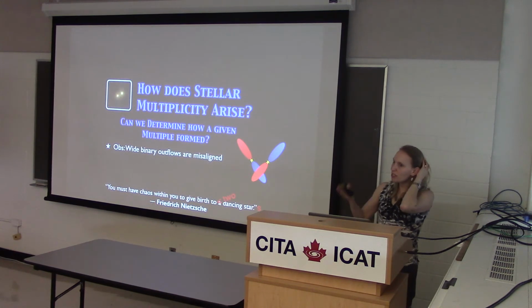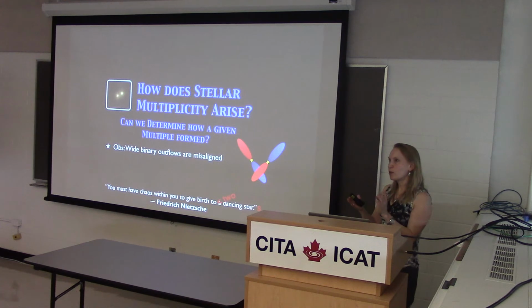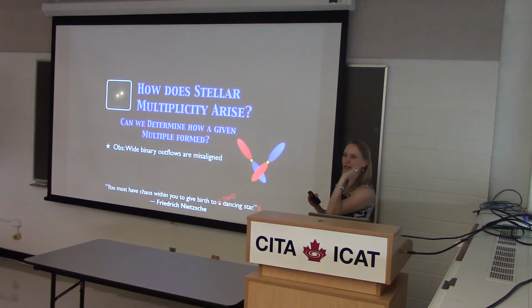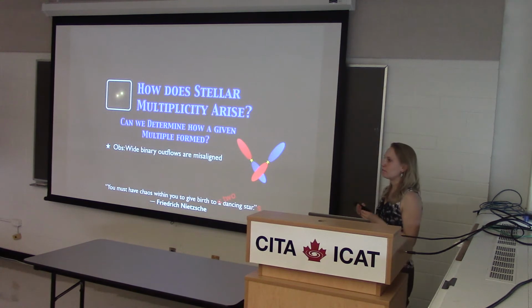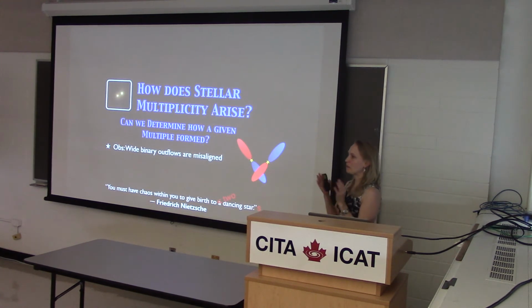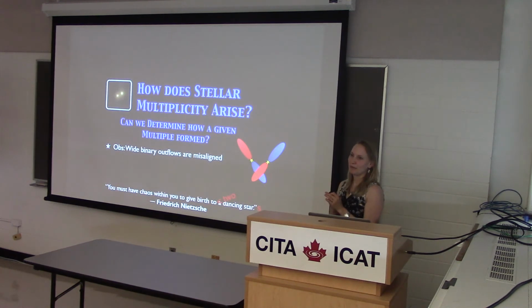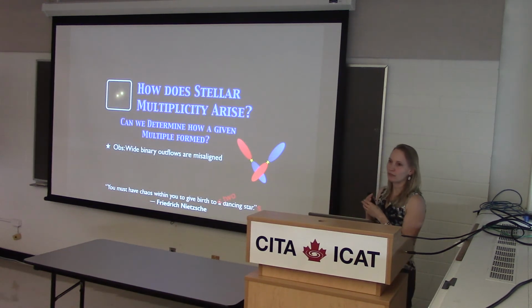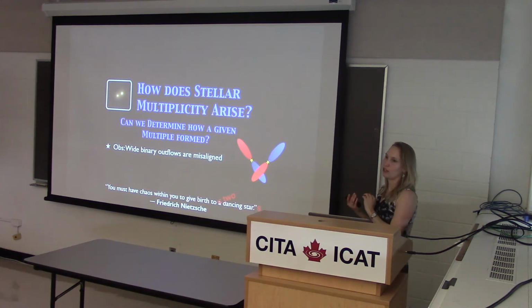You do have velocity information, so you might infer something, but it's difficult because you don't actually know the real velocity of the outflow, so you're just getting some component. I don't know, maybe Rachel knows something more about observing outflows along the line of sight, but my impression is that it's very difficult to infer too much. If you have the disk, then you have a much better handle on the orientation.